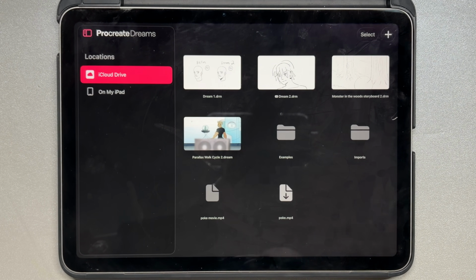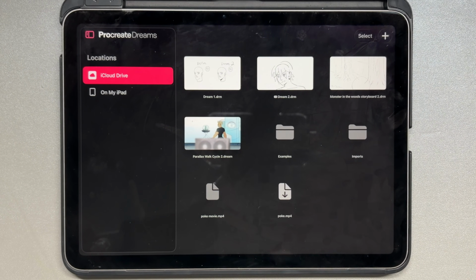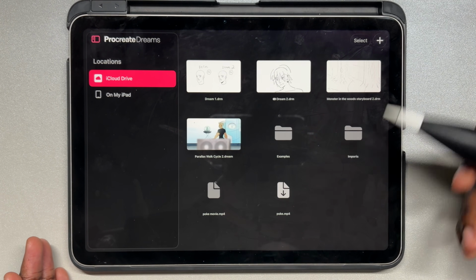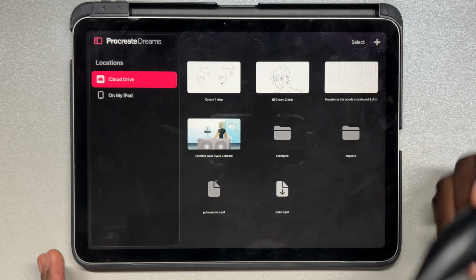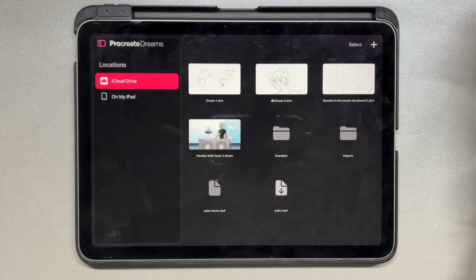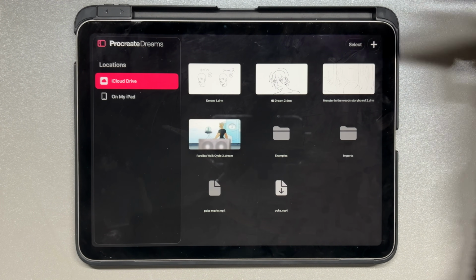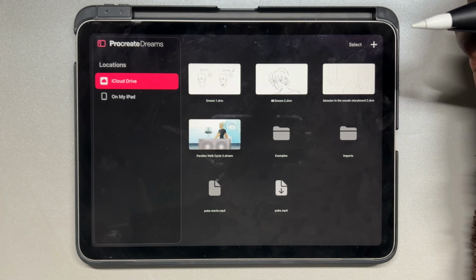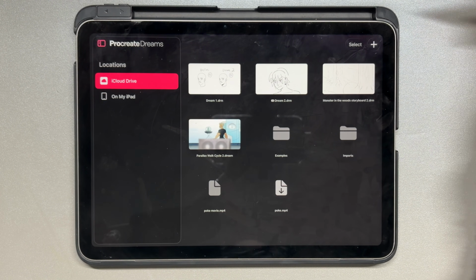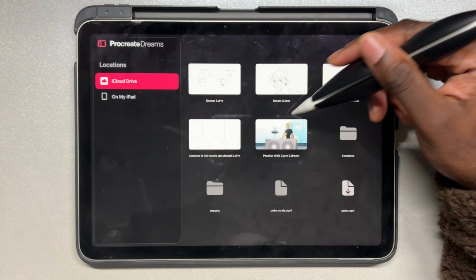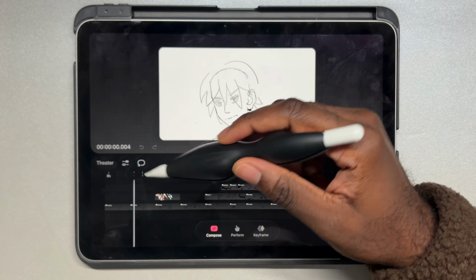So first we'll just start off with the home screen, and what we'll see when we're here is that we'll be greeted with our projects. It's kind of the same as the first app. A difference we'll see is that Procreate Dreams 1.0 files will basically have this little 1.0 on them. So it basically just shows that they need to be re-imported. And if you do click on them, they'll just upgrade to a Procreate Dreams 2 file and they'll throw you